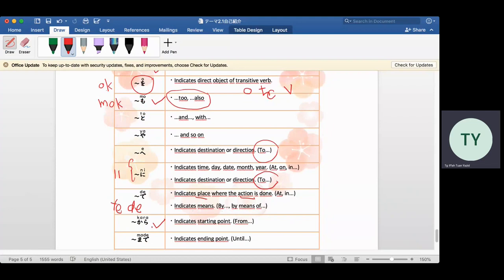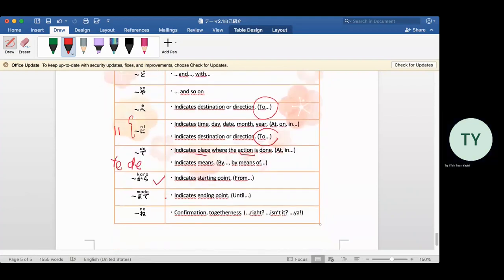And kara just now. Made indicates the ending point. Example, from 1 until 5. So from 1 kara until 5 made. Okay, we have kara, made, from, until. And the last one is ne. Ne is to seek confirmation or togetherness lah. So it can be translated as right, isn't it, or yeah. Depends on the context lah. Alright? はい、以上です。ありがとうございます。